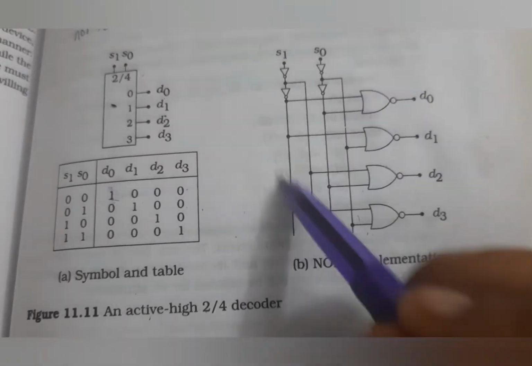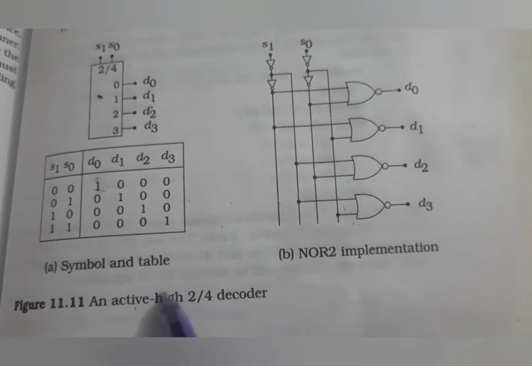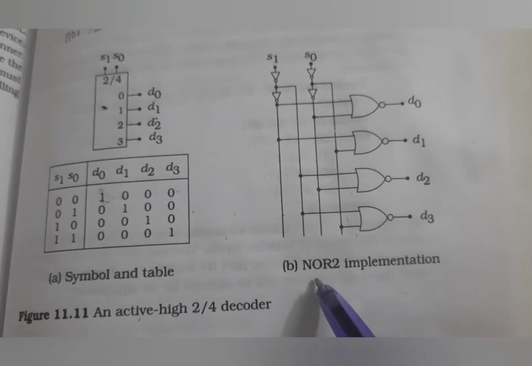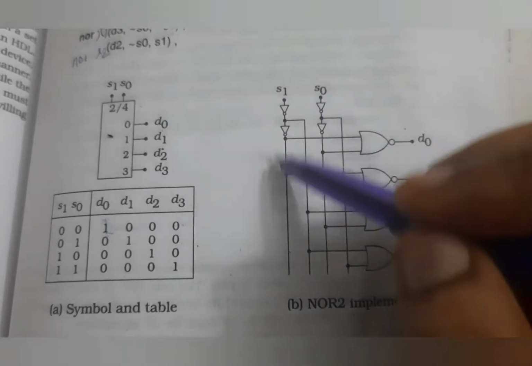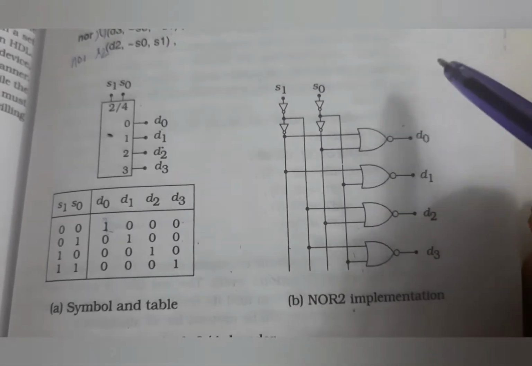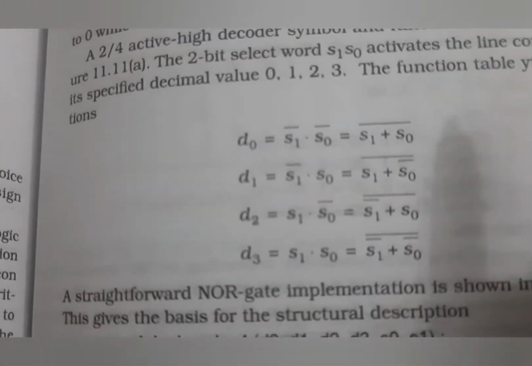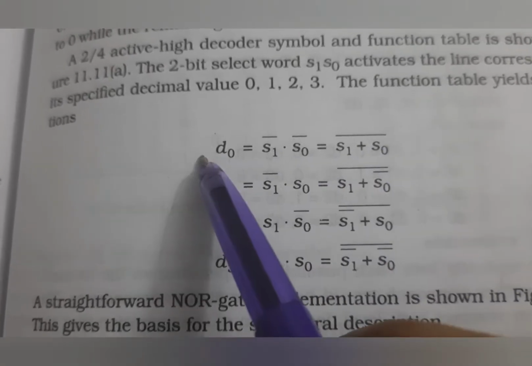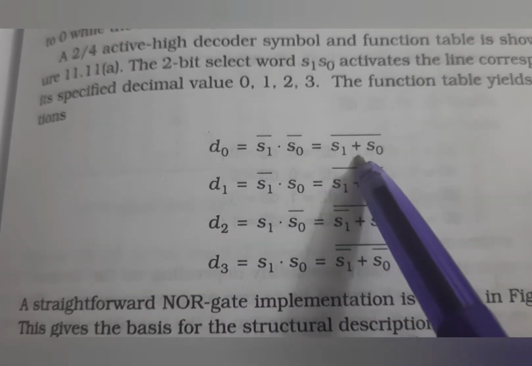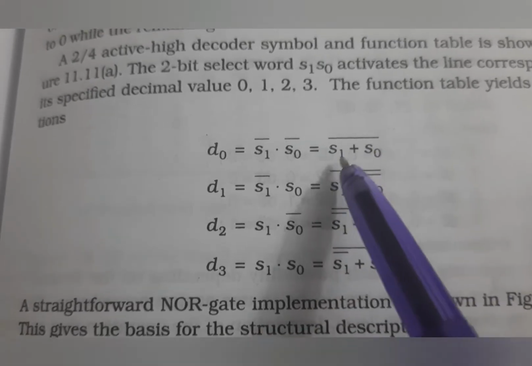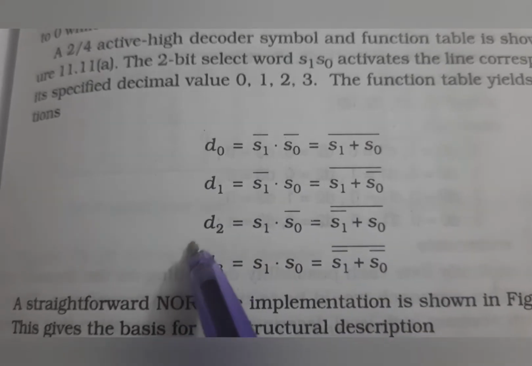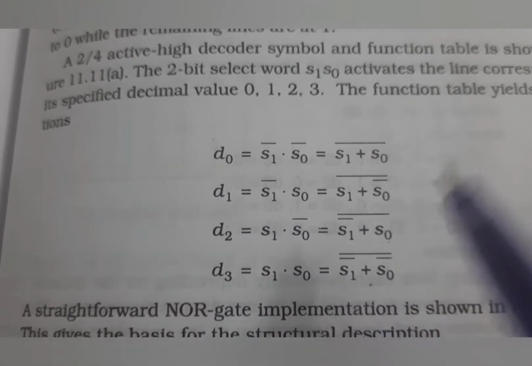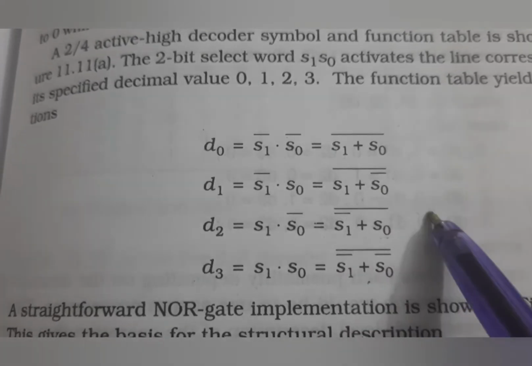Consider this circuit implementation of an active high 2 to 4 decoder using 2-input NOR gates. Now we are going to write code for this circuit using three different coding styles. This is the logic expression of D0: we select D0 when the control lines are S1 plus S0 bar, that is, for 0,0 we select D0. For D1, D2 and D3 these are the conditions. Based on that, we write the code.